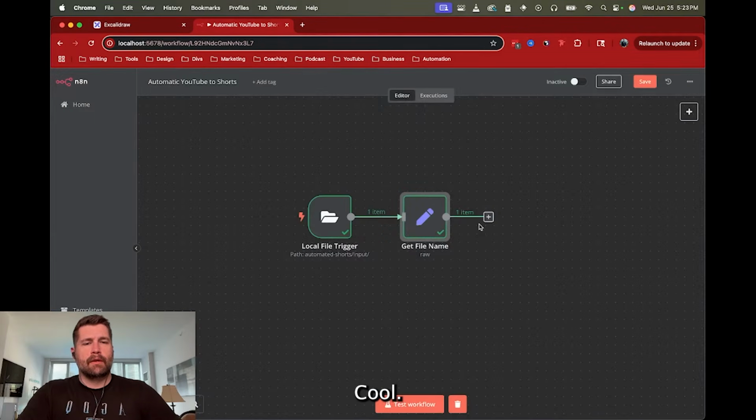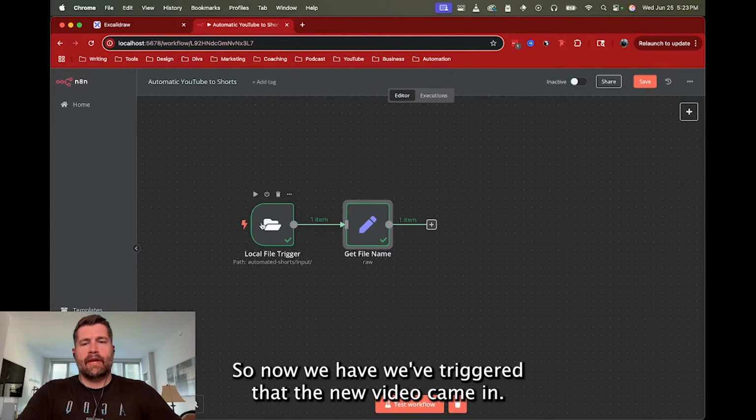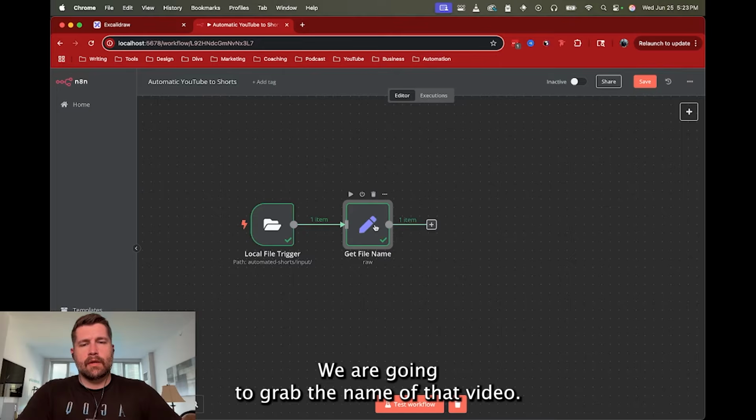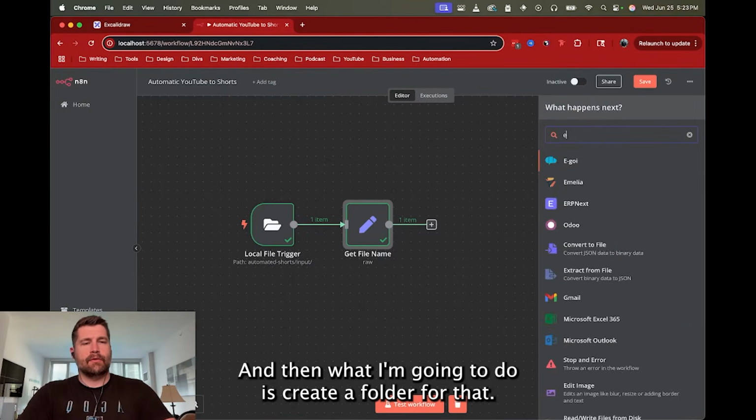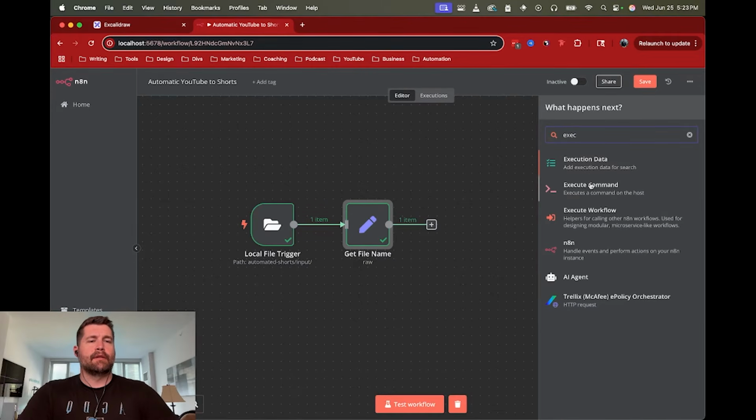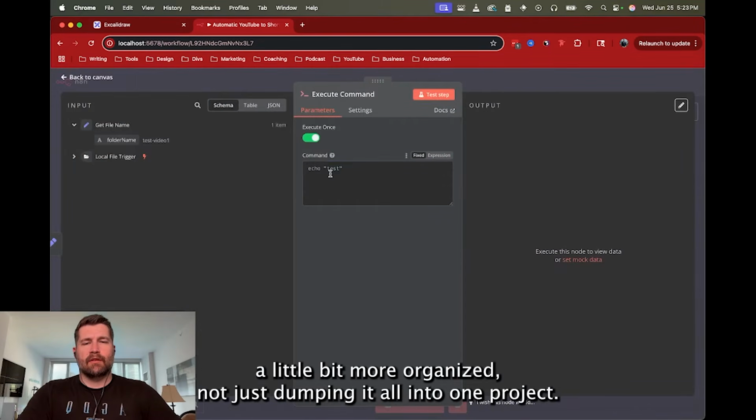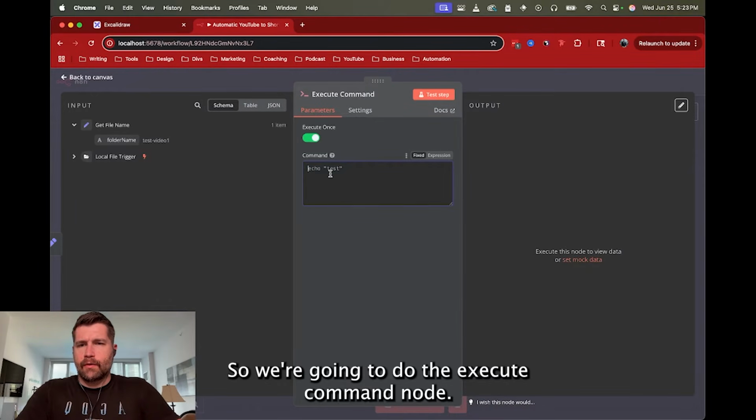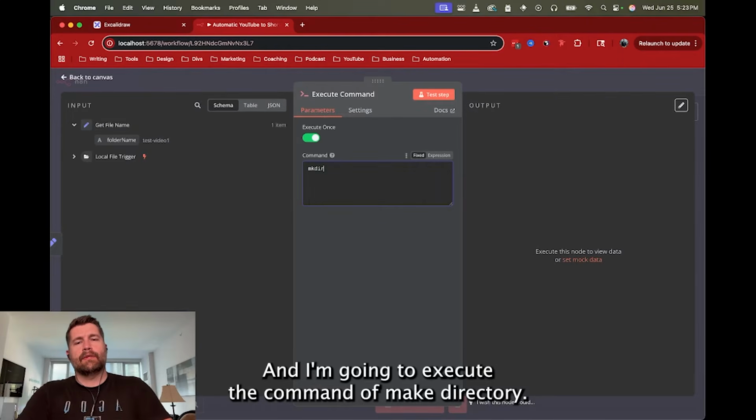Cool. Okay. So now we've triggered that the new video came in. We're going to grab the name of that video, and then I'm going to create a folder for it, just to keep things a little more organized and not dump everything into one project. So we're going to use the execute command node, and I'm going to execute the command